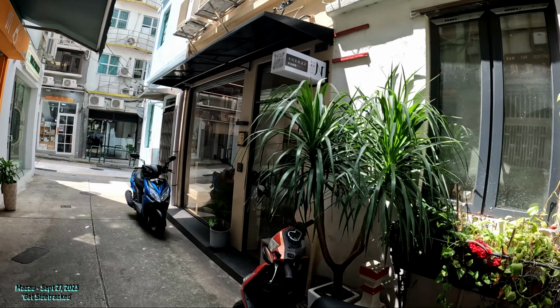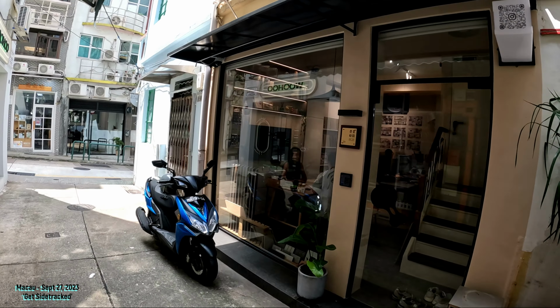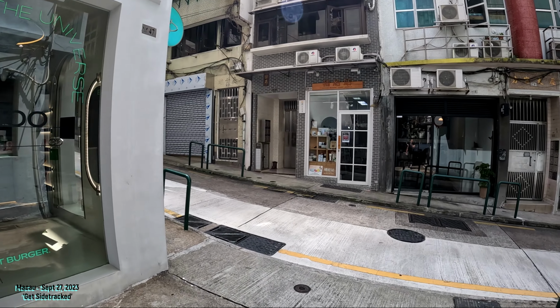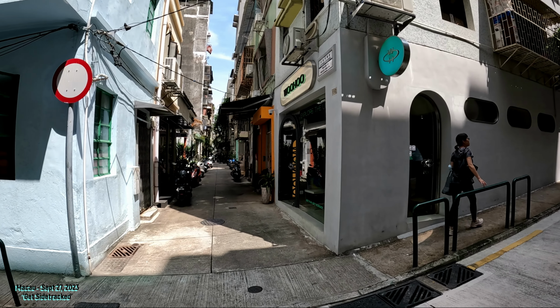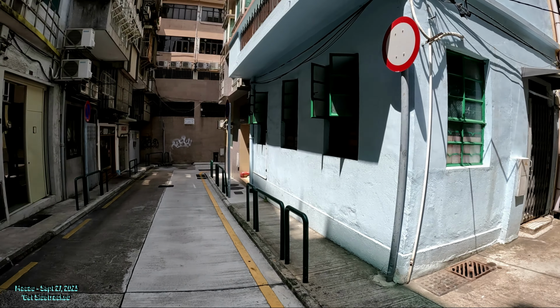Okay, and then of course you got all these other little shops. This is a restaurant, beauty shop, nice windows. Yeah, this area, because it's up on the hills and there's all these little shops, I think the rent's a little bit lower. It's a little bit out of the way, but definitely very film worthy. I would love to just go down this street, but I want to get into more of the history of